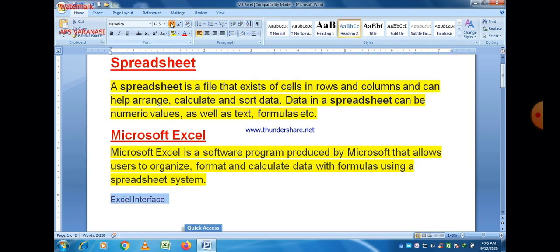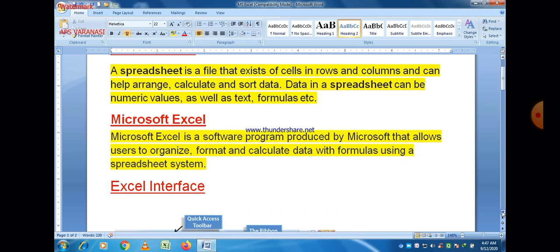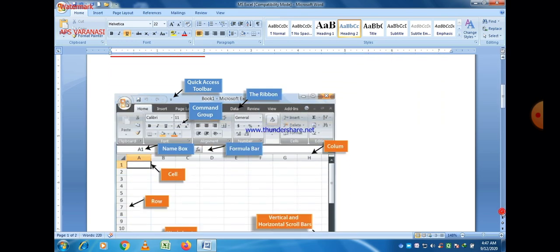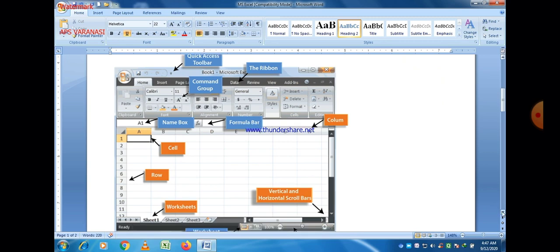So when you just open MS Excel, it looks like this. These are the different options.